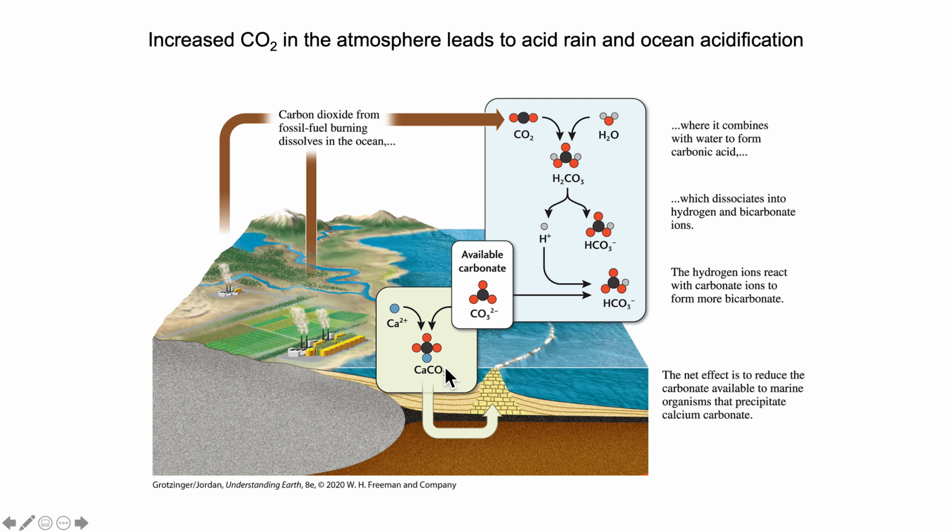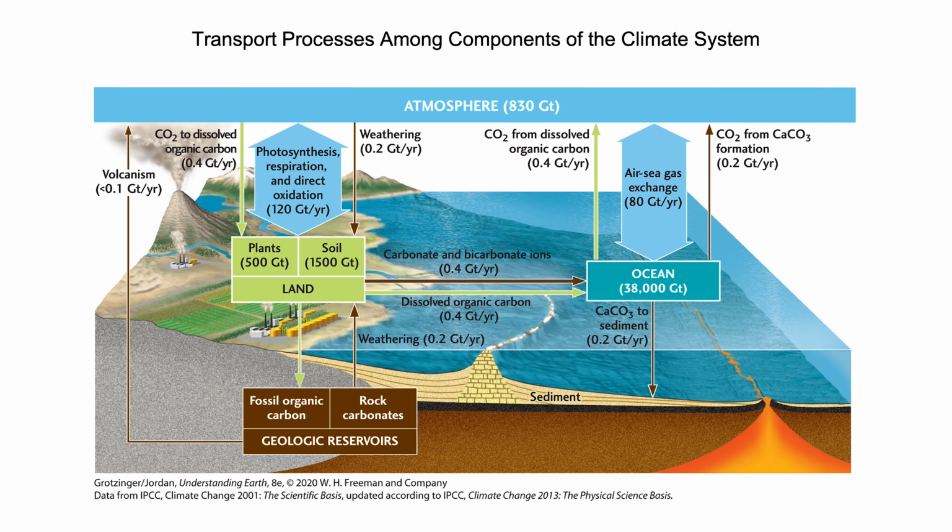This gives off CO2. So the accumulation of CO2 here in the form of calcium carbonate is something that can move along the ocean basin, with the net effect being reduction of carbonate available to marine organisms that precipitate calcium carbonate. So it's changing the budget. It's making it more difficult for calcium carbonate producing organisms to be themselves, to produce the hard parts that become ultimately limestone or dolostone. In this diagram, we see the big budget picture of CO2.